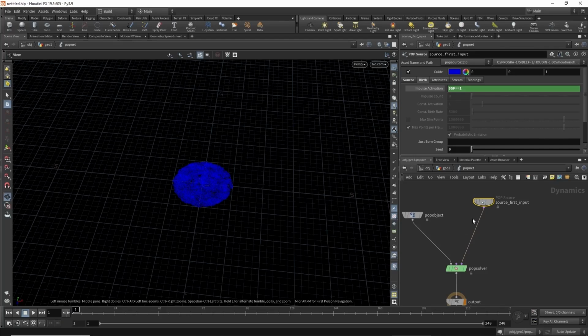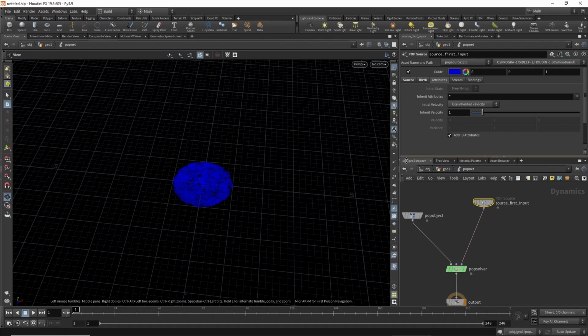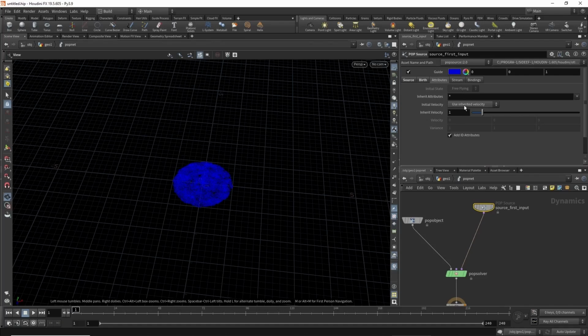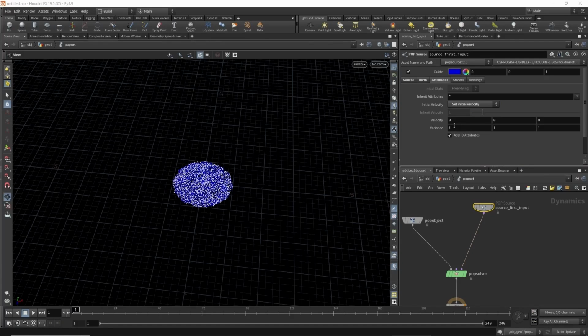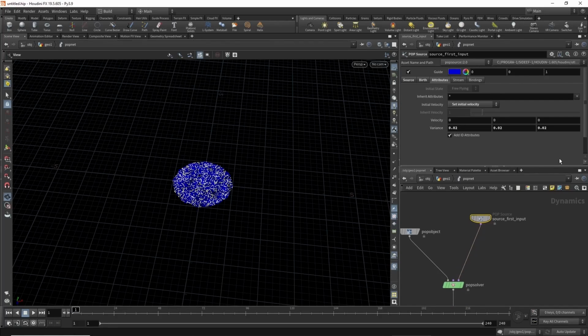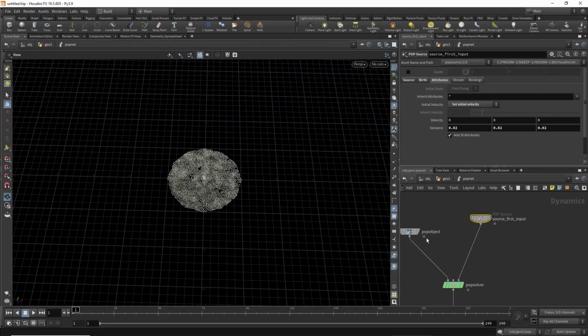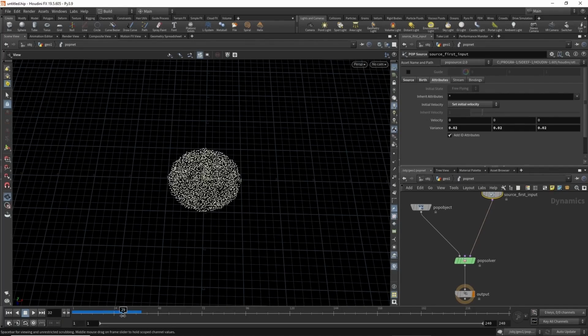Right, so moving on, I just want to go to the attributes tab. I don't have an incoming velocity, so I'm going to set an initial velocity, but I want to make this super low, so let's just make it 0.8, which is 0.01 or so. So it's super small. I'm going to go ahead and turn off these guides because they annoy me a little bit. Right, so now we have our basic setup, nothing really happening, just a tiny bit of